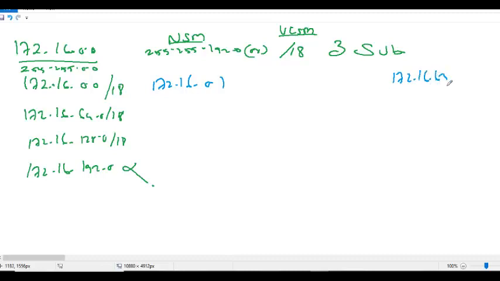The last IPs will be 172.16.63.254, 127.254,